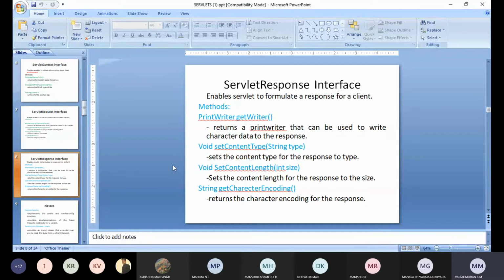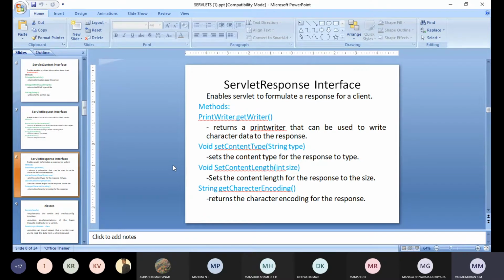Similarly, setContentType sets the content type of the response to type. setContentLength sets the length of the content for the response to the given size. getCharacterEncoding returns the character encoding for the response. Okay, so this is one interface we are having.